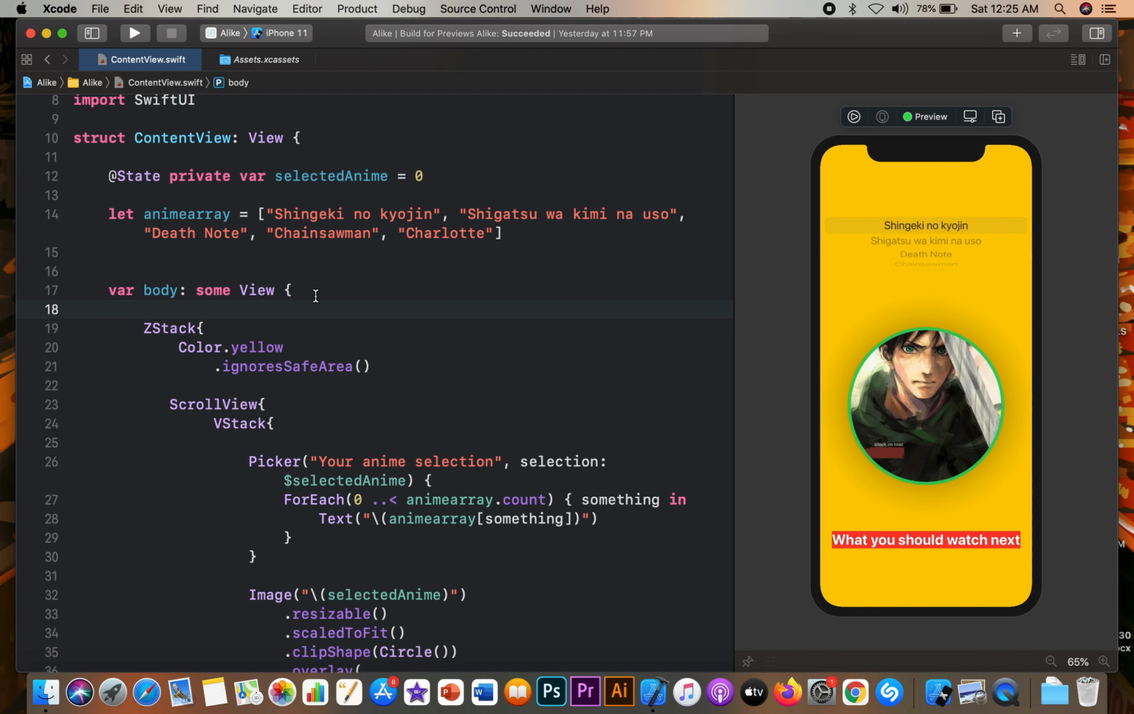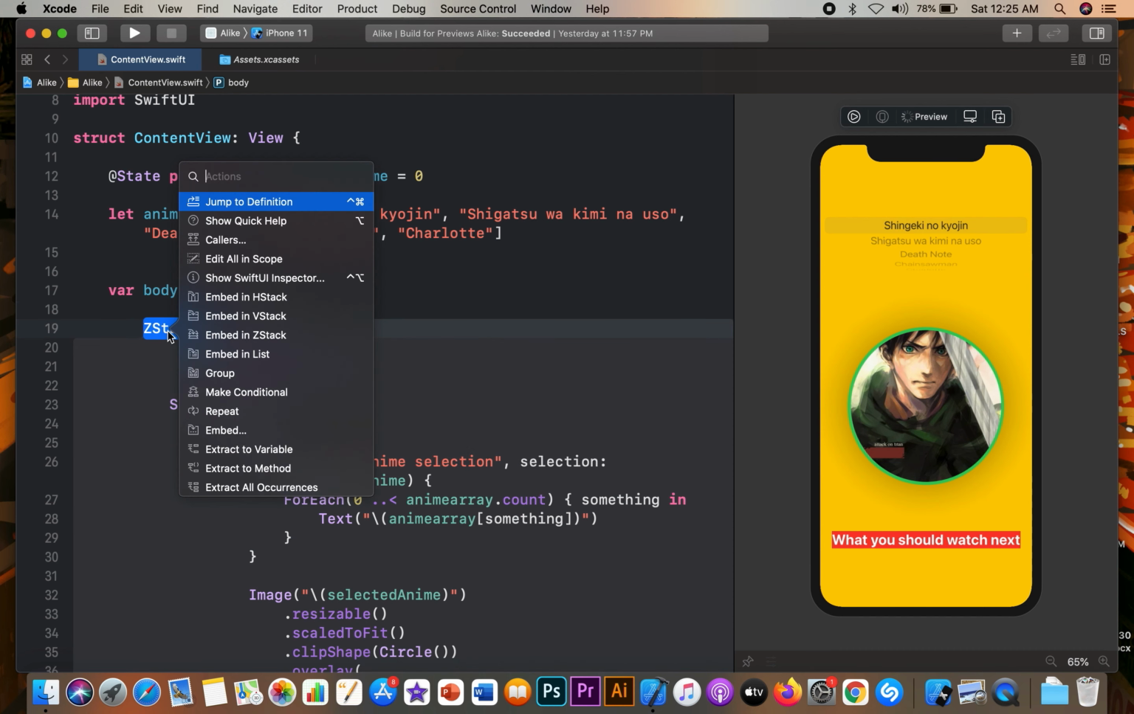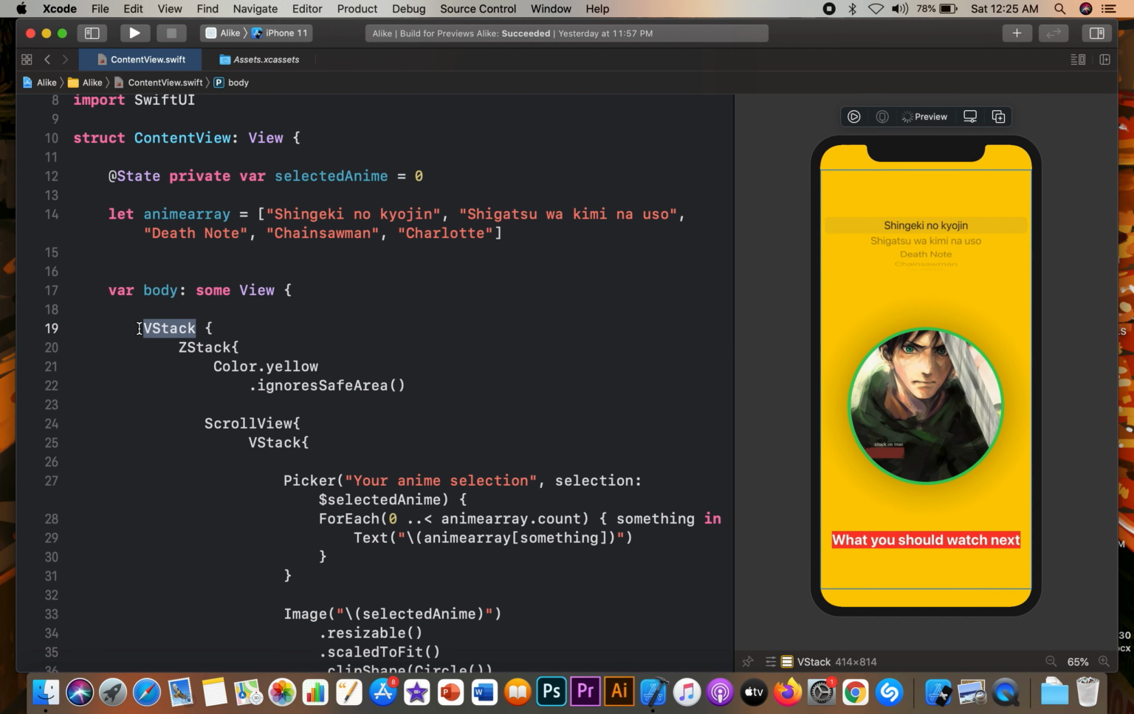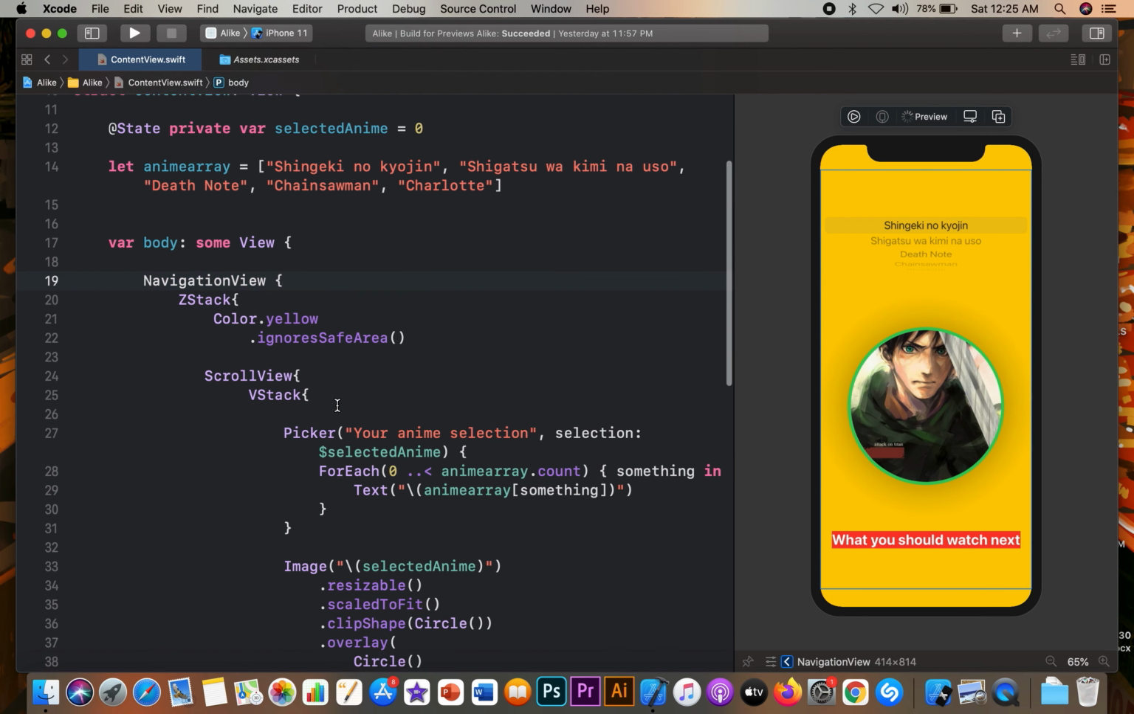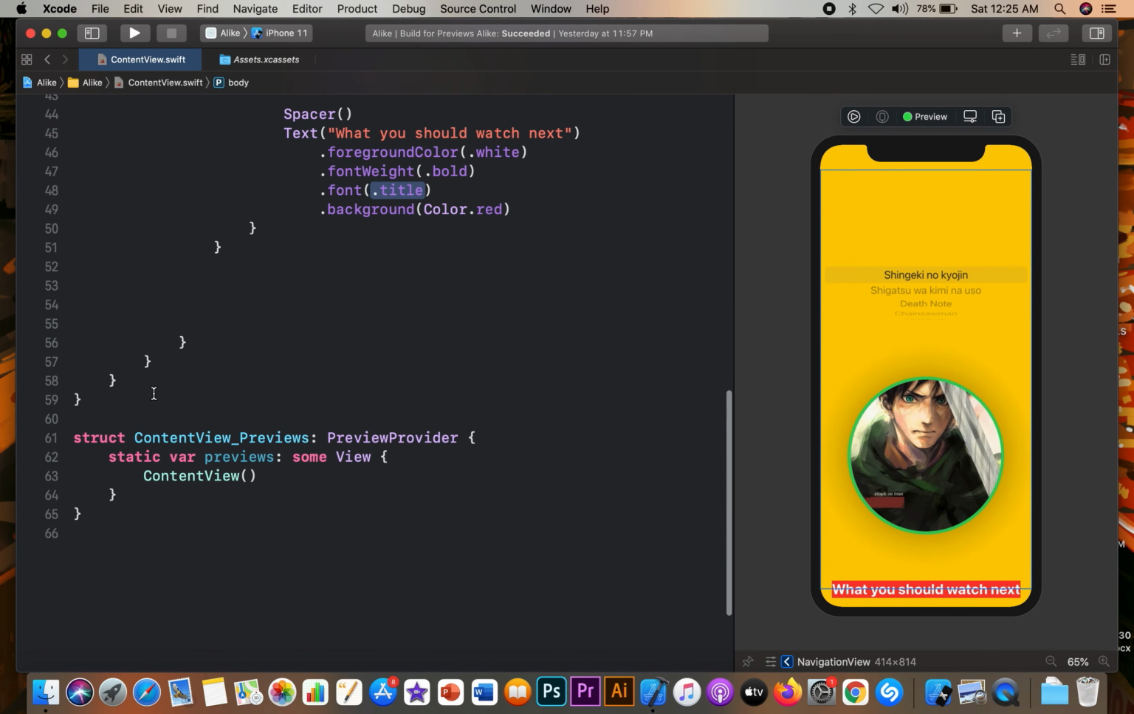So we have covered a major portion of our application. So let's just start by embedding everything inside a navigation view. The idea behind using navigation view is that we would be able to add a title to our one and only page of this application. So just inside the final bracket containing the navigation view, which would be like the fourth or the fifth bracket